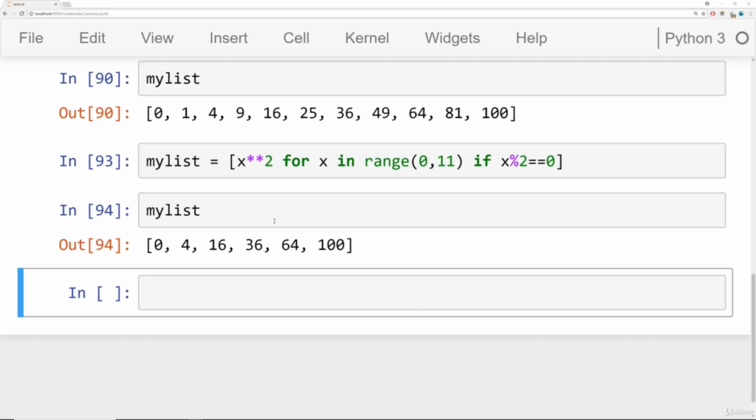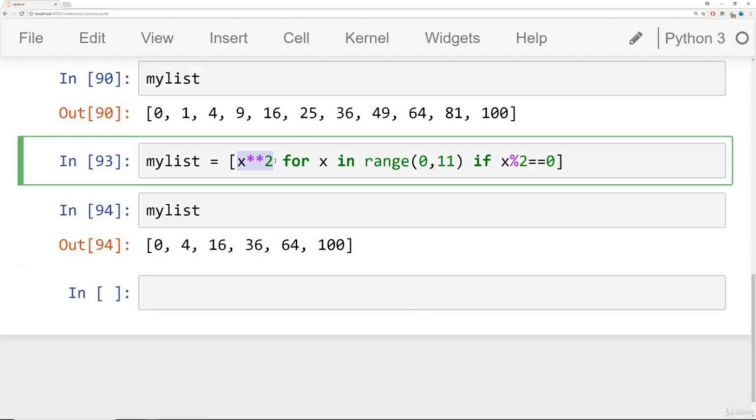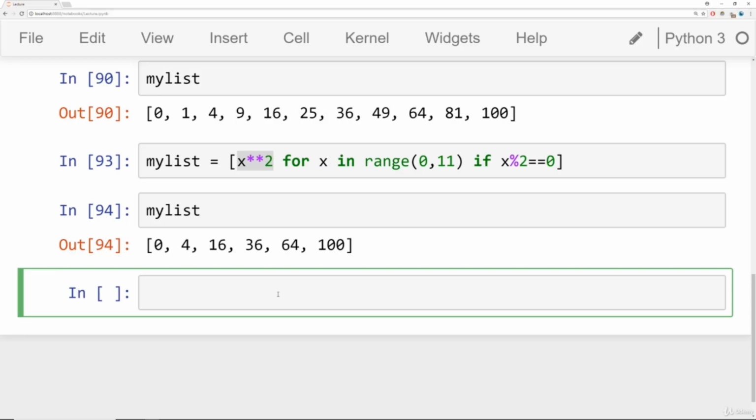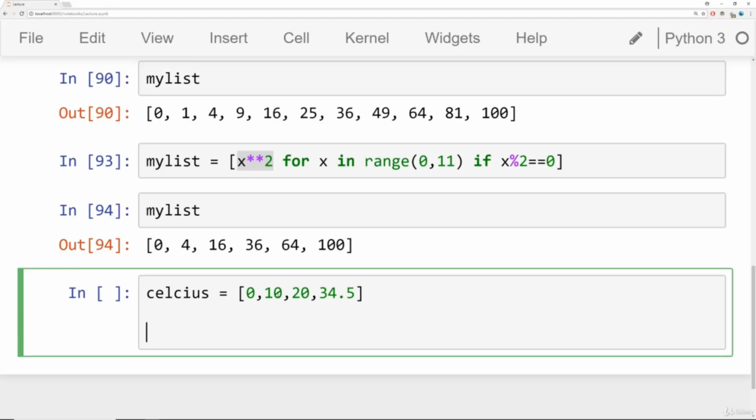Now you can do some more complex things, like more complex arithmetic here. So I'm going to show you one last example. Let's imagine we have a list of temperatures in Celsius. So 0, 10, 20, let's say 34.5. And then I wanted them in Fahrenheit. So let's do that. A list called Fahrenheit. I will set that equal to,